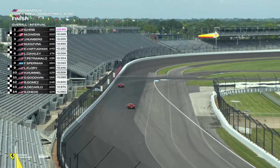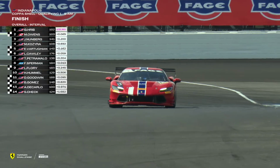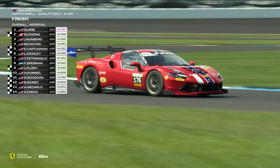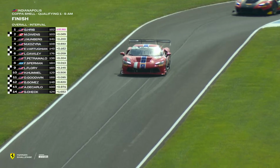They can go slightly off to the right. Here you go, you'll see now. As they turn into the right-hand side here, if they go off to the right of your picture, they're going for another lap. And if they go left, then they're heading into pit lane. Here we go. They're going to run wide. There you go, pit lane. That's what we thought. So Gabe Hrib with the pole,